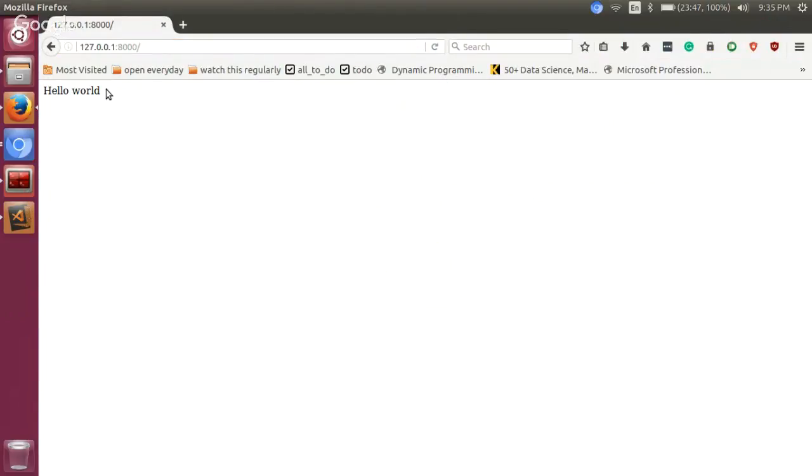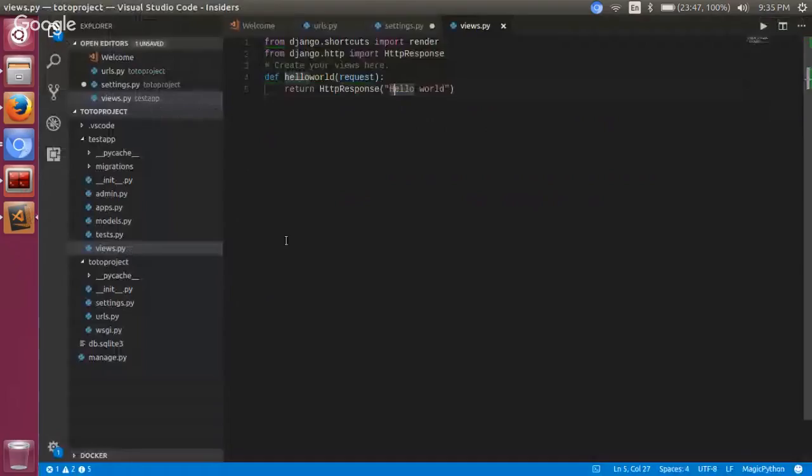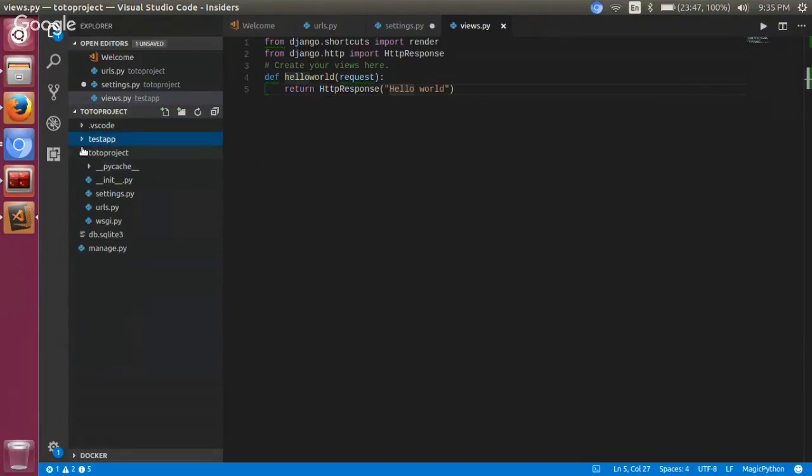Next we want to return a simple HTML file. So how it works is Django has all the HTML files in a directory called static, and okay, so we will